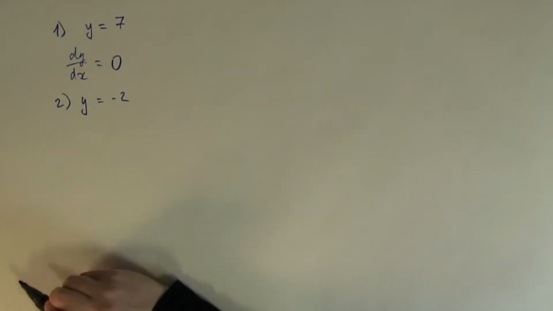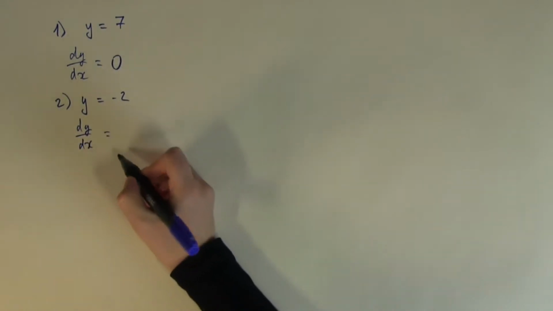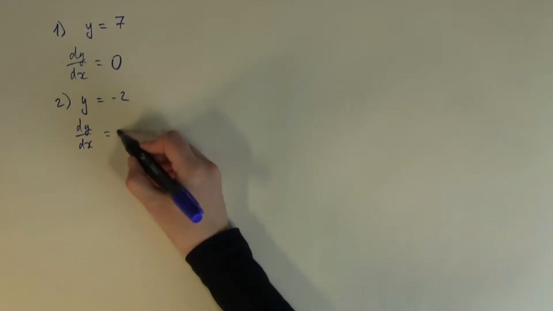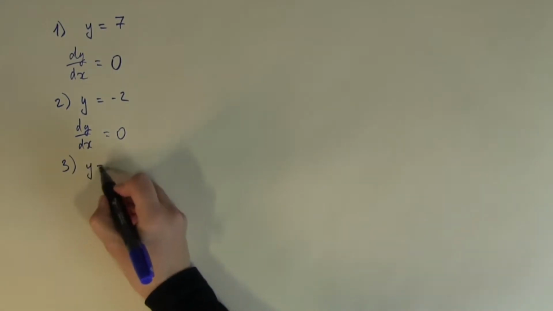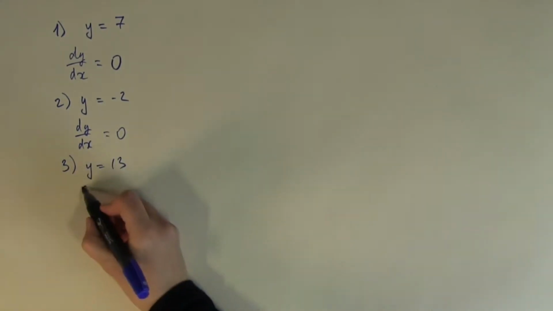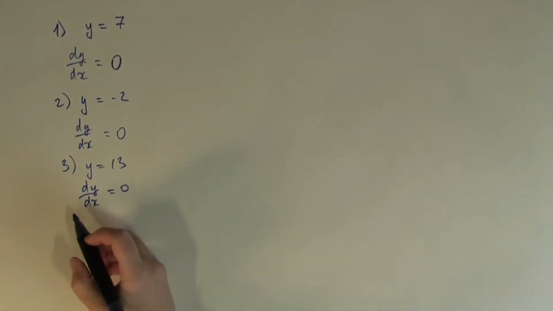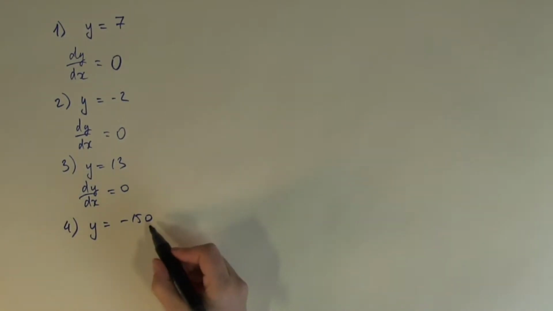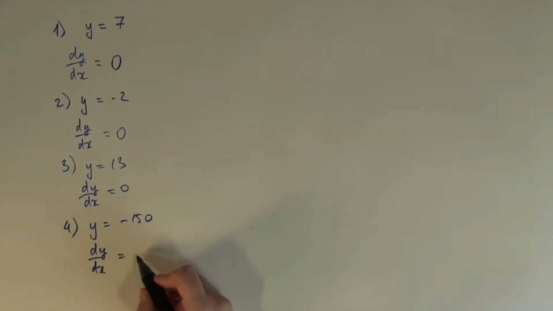Y equals -2. The same scenario. It's a different number, but it's still a constant. So this function's derivative, which is the measure of the change, is also going to be 0. Y equals 13, another constant, so the derivative again will be 0. Y equals -150, although that's a very big number, it's still a number, so it again doesn't change,